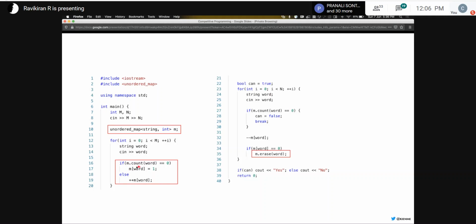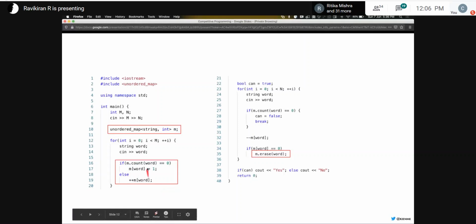So here you see that in arrays, you can treat them as a special version of map because the keys are all only integers. You say m of 1, m of 2, right? Here you can also give keys that are not integers. In this example, it's a word or a string. So first we see m.count of word, which means we're checking if the word is present in the map. If not, we initialize it saying map of word is equal to 1. Otherwise, we know that the word already exists in the map and we increment it.